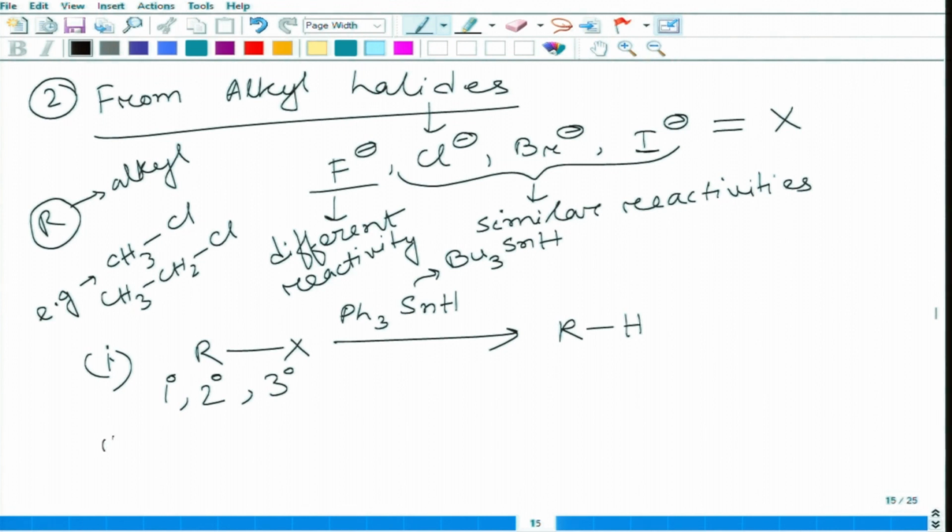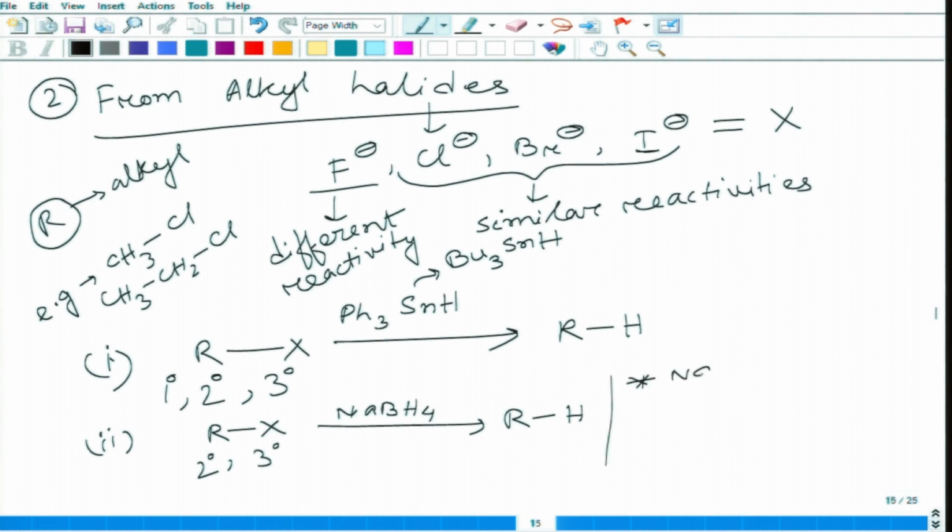So, the second method is alkyl halide by sodium borohydride. This also converts alkyl halide to alkane, but since sodium borohydride is a mild reducing agent, it converts only secondary and tertiary alkyl halides to alkanes. It is very important to note that NaBH4 cannot convert